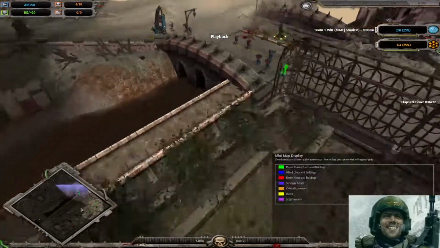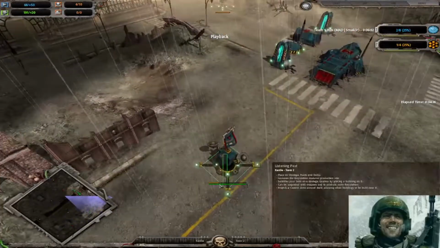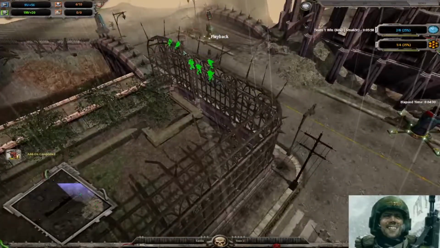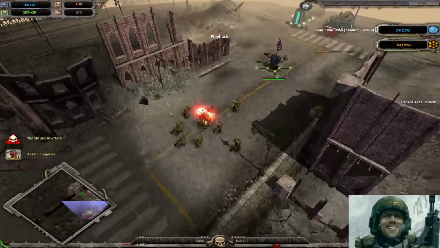Nice, and they preserve their point. Good. The only thing is now they don't have any vision on the south of the city. And I'd be sweating if I was a Space Marine player. He's now rotating around to go down to the back. And Smoker is just